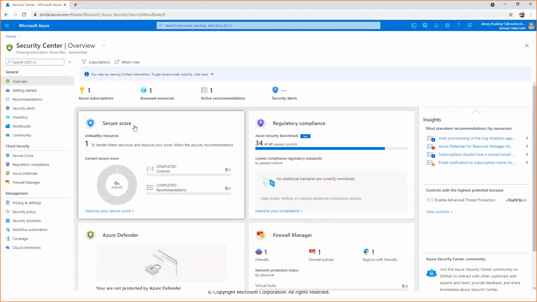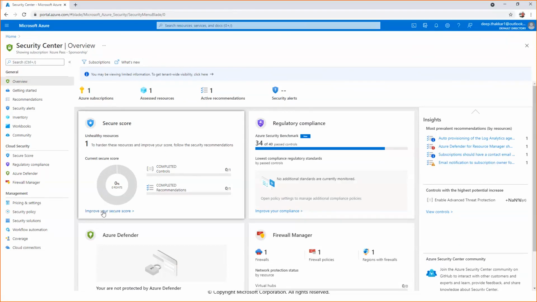Like how we have a CIBIL score if you want to take a loan, similarly Azure provides something called a secure score. It should be a good number of points, say 900 out of 1000 or something like that. Then only can you consider your environment to be secured.